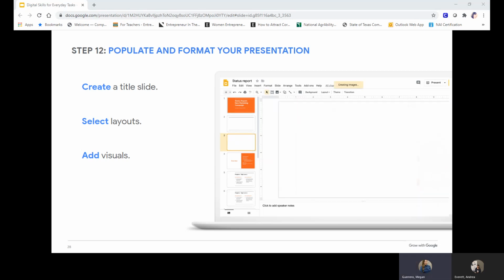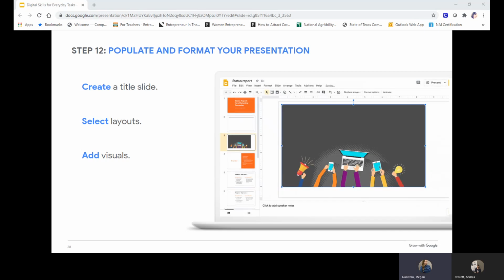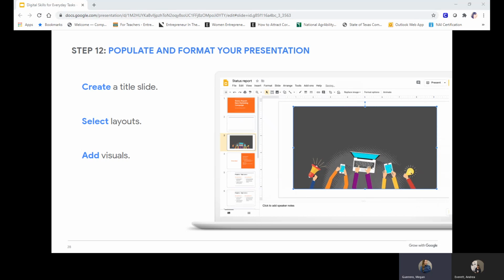To add these elements, access the Insert menu. Choose the kind of visual element you want to include. Add a visual like a photo or a video directly from your Google Drive, or search the web to find an image that suits your presentation. Make sure you have the right to use the image. When you search for an image directly from the Slides application, the image returned in the search will automatically be free to use.